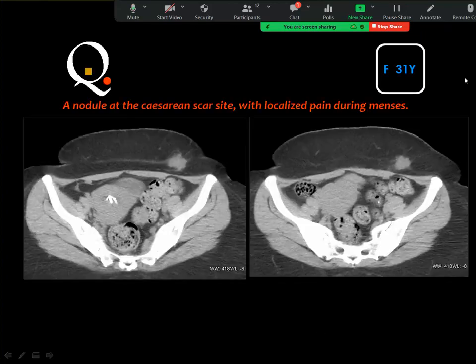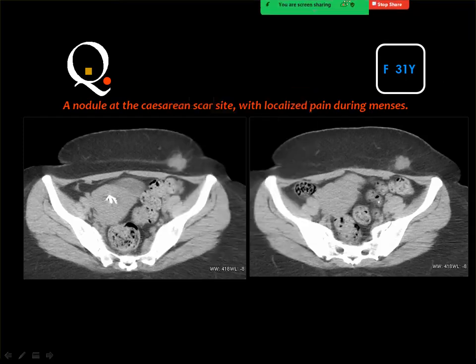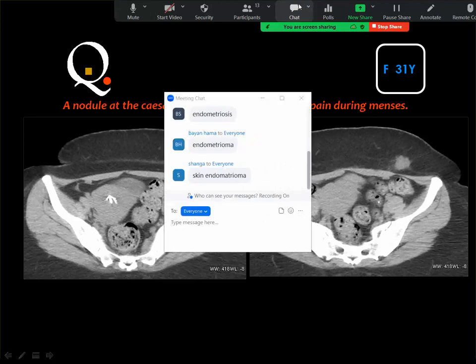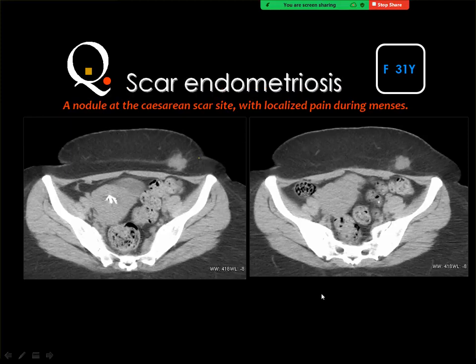Next case is a female patient, 31-year-old, with a nodule at the cesarean scar site, localized pain during menses. Yes, and this is what we call a scar endometrioma or endometriosis. The implantation of the endometrium at the site of the scar will form some mass in the subcutaneous tissue, and this mass became painful